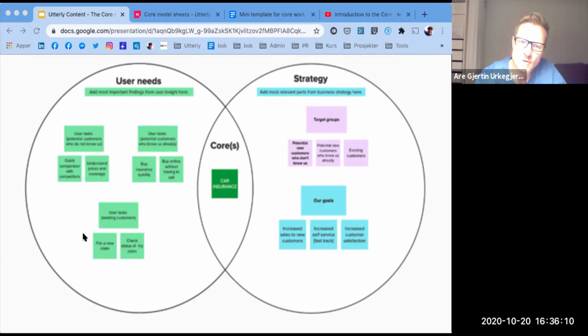We also identified the top tasks for the different target groups. Based on this, the core was quite obviously the car insurance product page. So this was one particular example of a preparation process